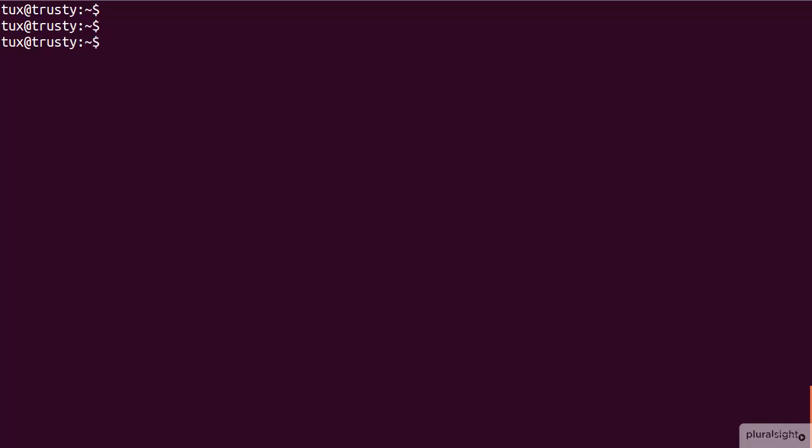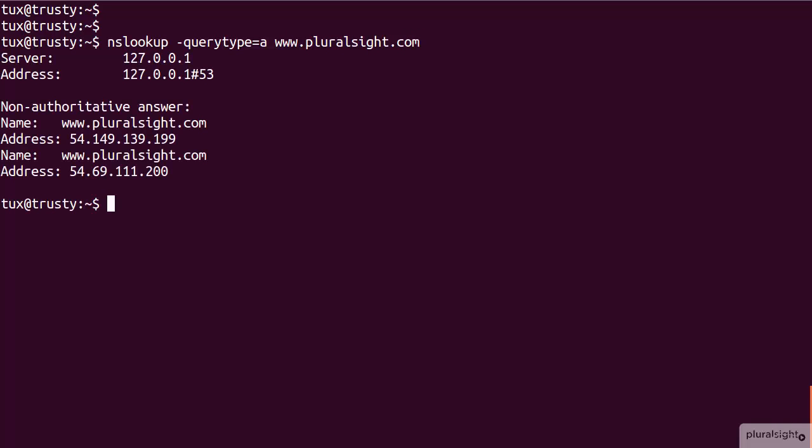So within the slides, we started with NSLOOKUP, so why don't we look at that here? We can go through NSLOOKUP, and then minus, we can specify the query type. We'll say address records here for www.pluralsite.com. So we can see the server that we've gone to, which we'll be reading from our resolv.conf, as we haven't specified one. And then we can see that we're getting two answers coming back, and we can see the IP addresses that we're getting back for